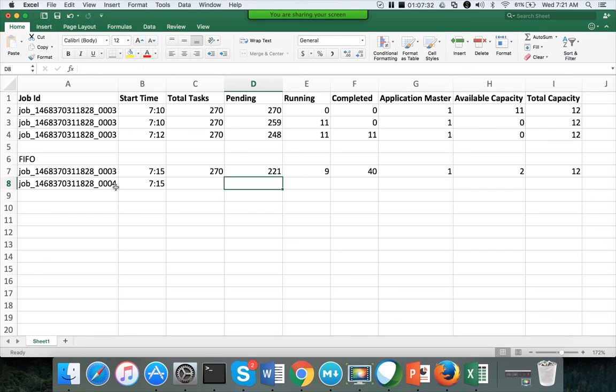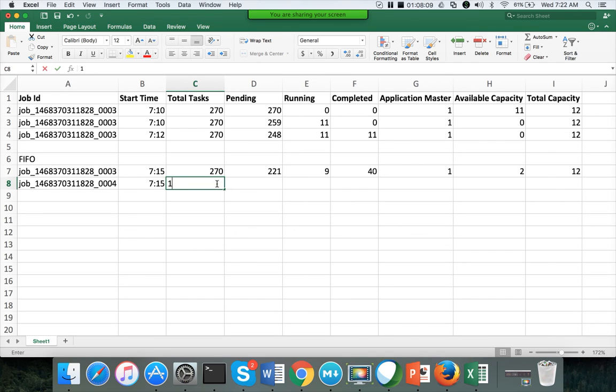Whatever job is submitted first will get all the resources until the required capacity to process further tasks is less than the overall capacity of the cluster. So here at 7:15, total tasks are 270, pending tasks are 221, running are 9, completed are 40, and available capacity is 2. And we submitted the job 0004 at 7:15,